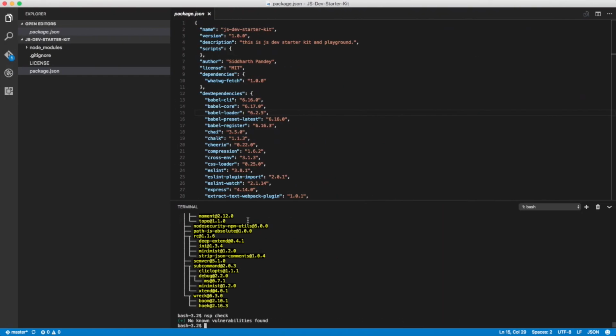So there are a few ways you can use this. Number one is the manual way, like how I did by just writing NSP check. Now this is not a good way because if you are doing it in a manual way, you will most probably forget it. And if you're working in a team, you can actually add this check in the